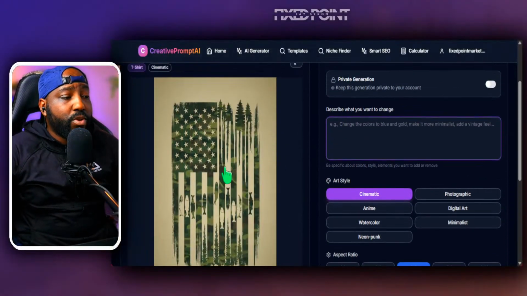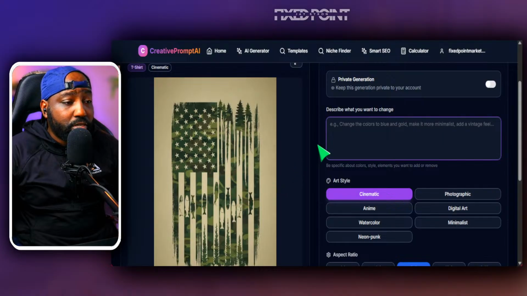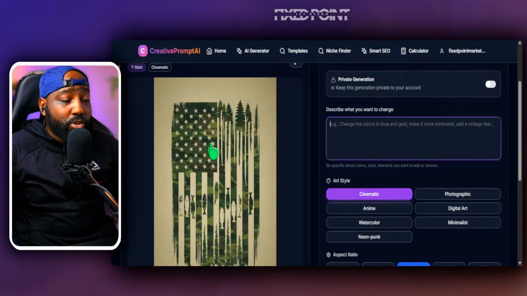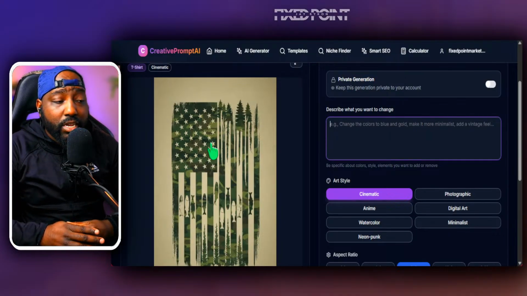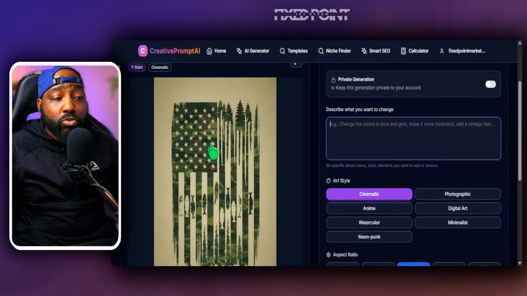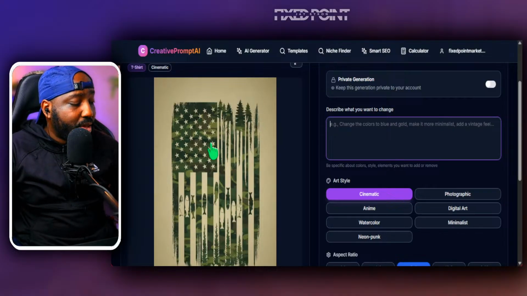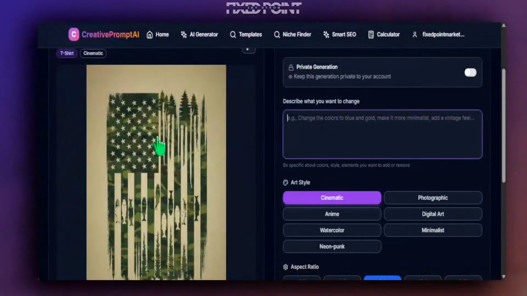But let's just say, for instance, we don't want the American flag with the bass fishing. Maybe if we want to change this entire thing into a boat. Say we're doing this for a person who loves fishing, but we definitely want to change this into maybe a yacht, maybe a boat. The only thing we have to do here before we close out is tell the AI,